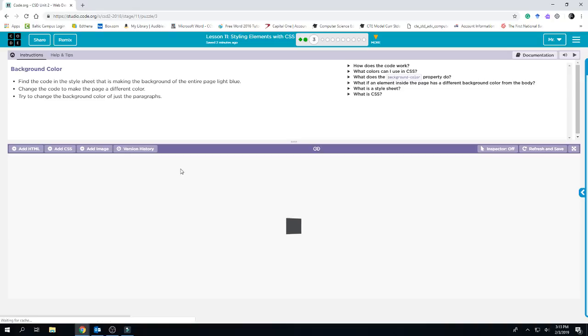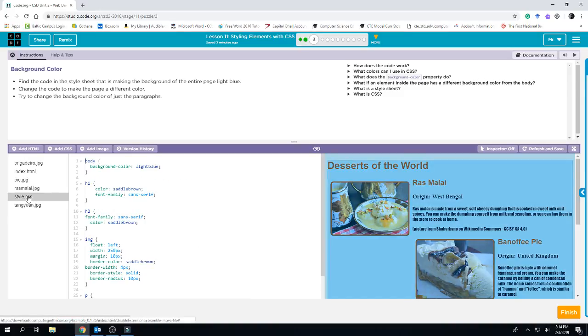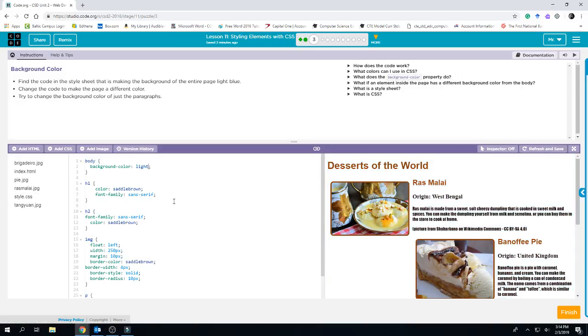All right, background color. Find the code in the style sheet that is making the background of the entire page light blue. Change the code to make the page a different color. Try and change the background color of just the paragraph. So let's go to our style.css. We're going to change our background color. Let's change it to,